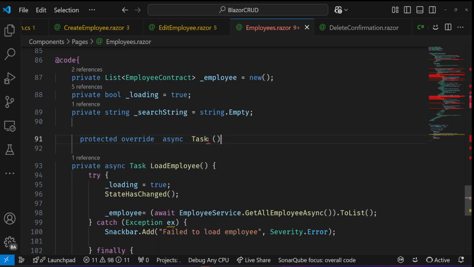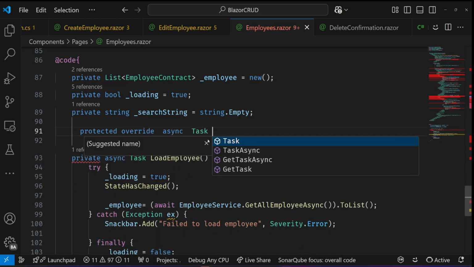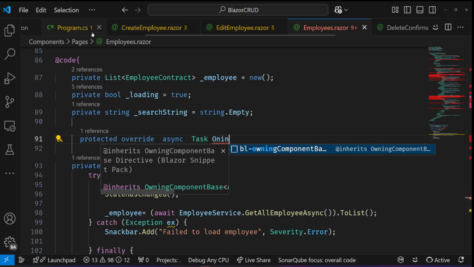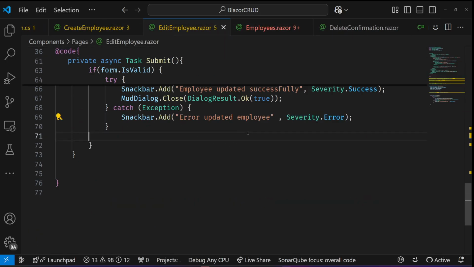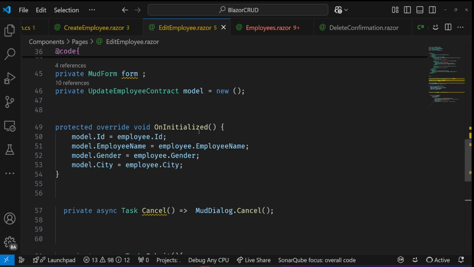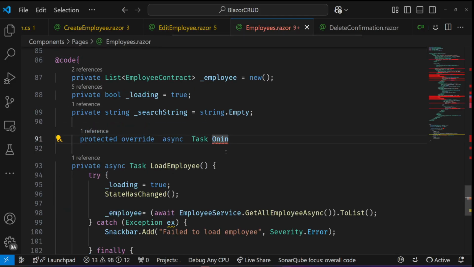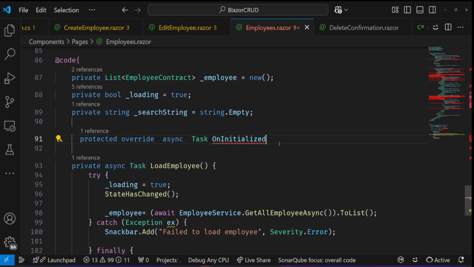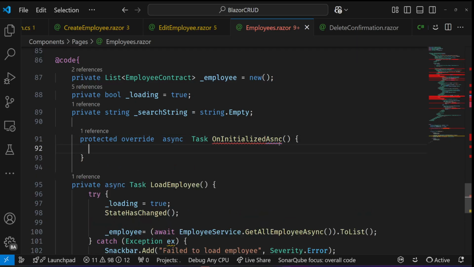So let's call it before we even do that. We do the on initialize, right? I think we created it on the update. So let's go to the update. And then we see that we already have it here. So let's bring it here. But this time around, we add async to it. We add async to this. And then we see something like that. And then what happens is await